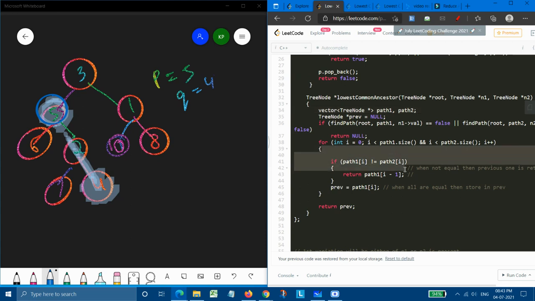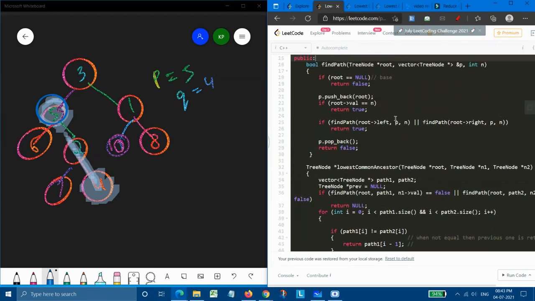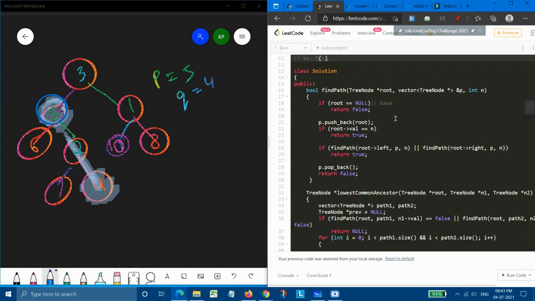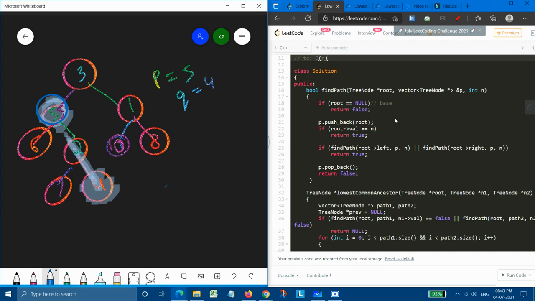As per the code, two arrays would be created, and after that they will be passed. Means our first value, that is 5, will be passed with the path 1 array and a root to our find path function.